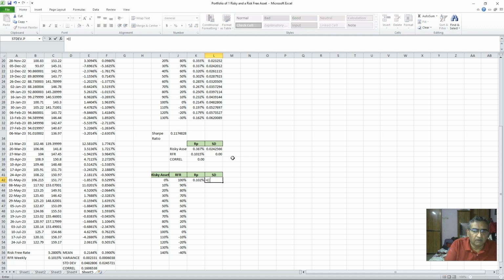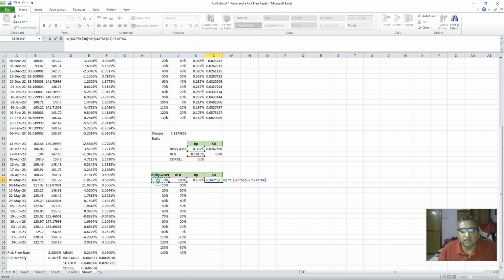This is equal to this multiplied by risky asset raised to the power of 2, plus this multiplied by this again raised to the power of 2, plus 2 multiplied by, and this K37 I have to lock it. I have not locked K36, K30. I have to lock both with F4. This multiplied by 2